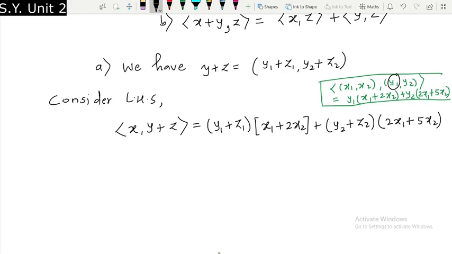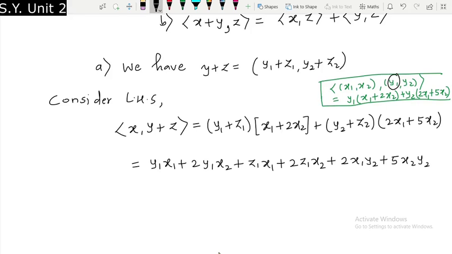Now I have to simplify it, so I will put this y1 inside, so it will be y1 x1 plus twice y1 x2 plus z1 x1 plus twice z1 x2 plus twice x1 y2 plus 5 times x2 y2 plus twice x1 z2 plus 5 times x2 z2,